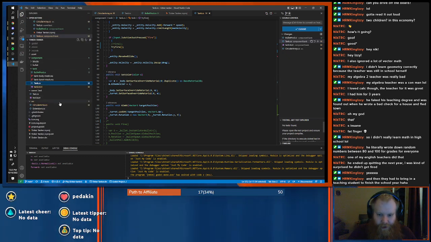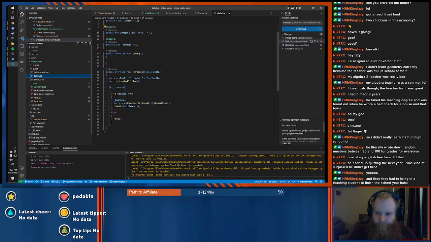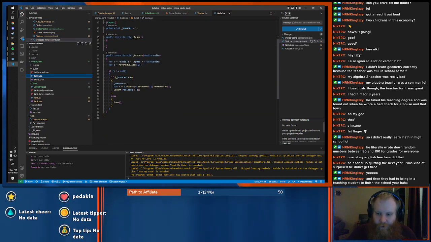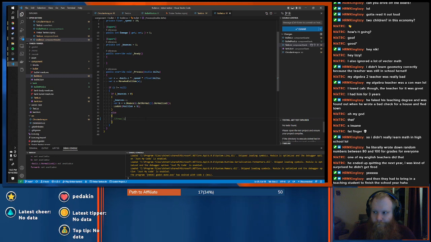Bullet is right here. Process. We're looking. Okay, ditching this. Now that bullets don't delete themselves pretty much ever, we're just going to see what difference that makes.